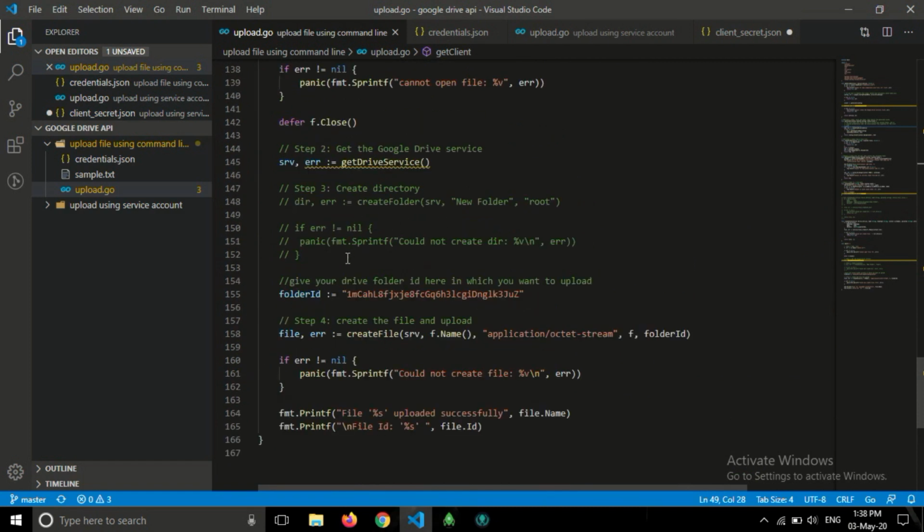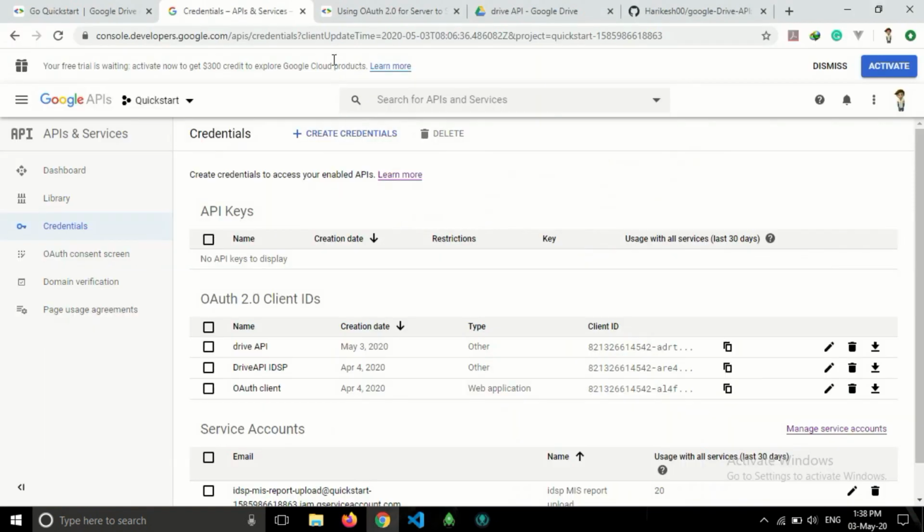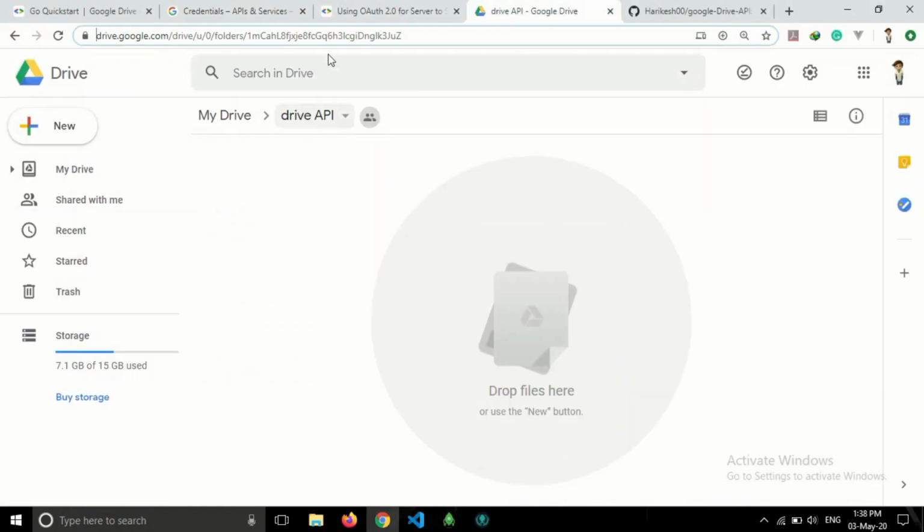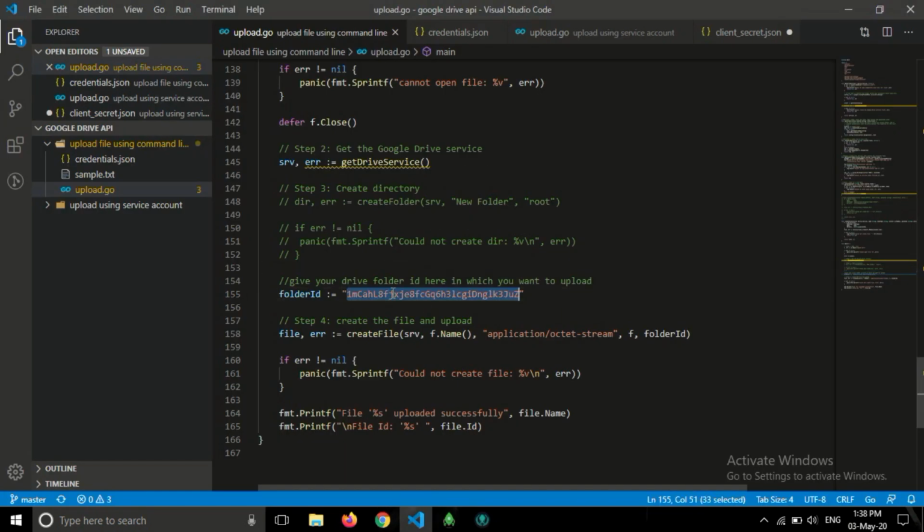If you want to create a new directory, you can uncomment it and use it. I'm going to upload to an already created folder. I have created the folder in Drive, copied its ID and given it here.